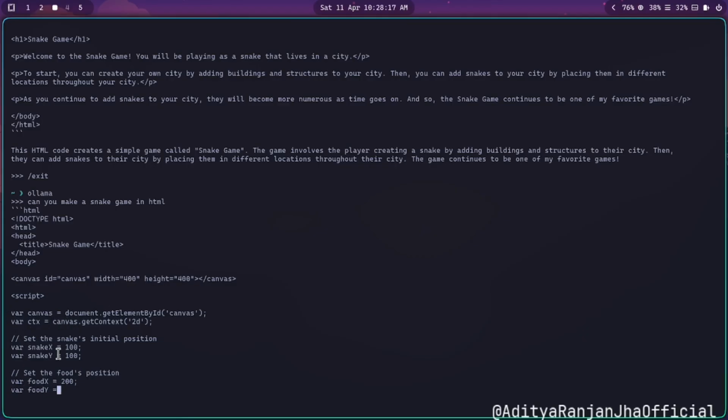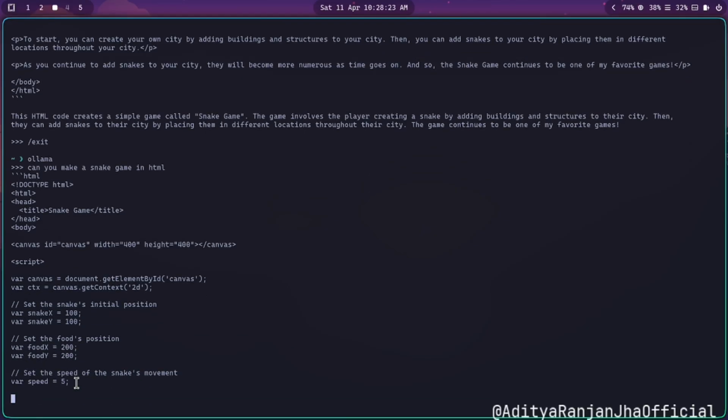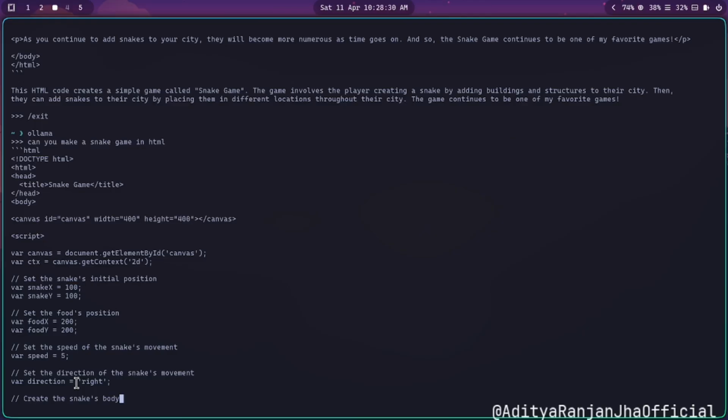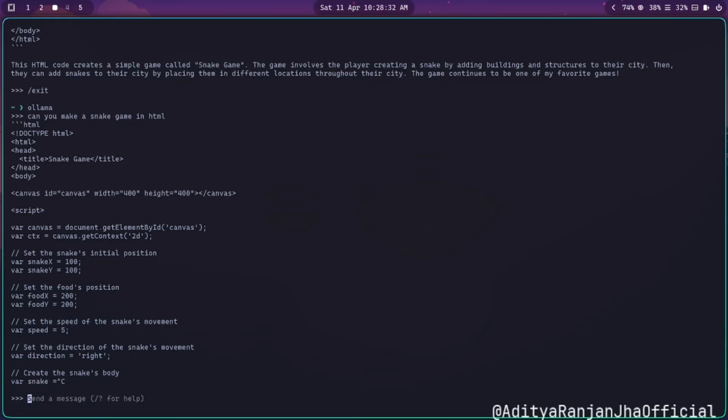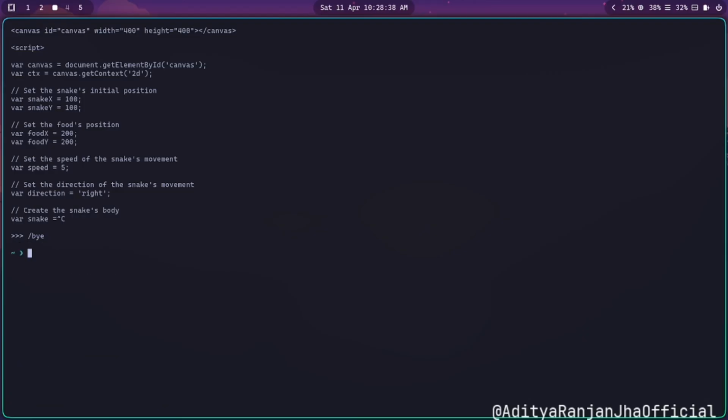And we see some variables X and Y, for snake and food, which is 200, 200. So it is plotting the snake and food on a canvas. So it's working, isn't it? So let's cancel it right now. So we understood how we can use our models and how we can open them up locally, and it'll work